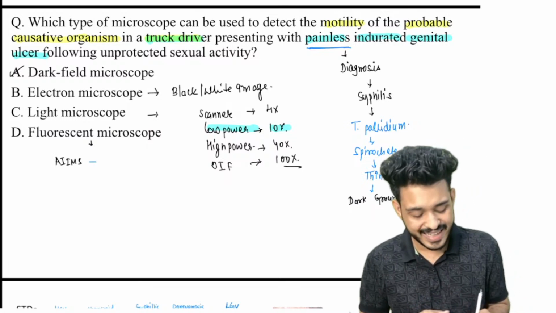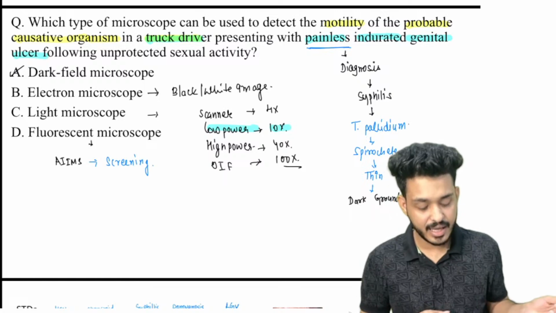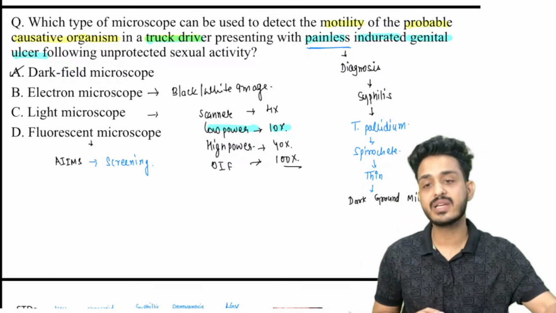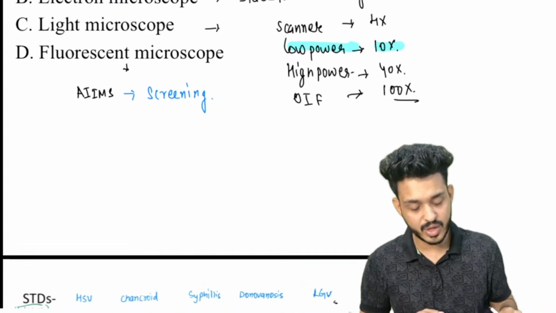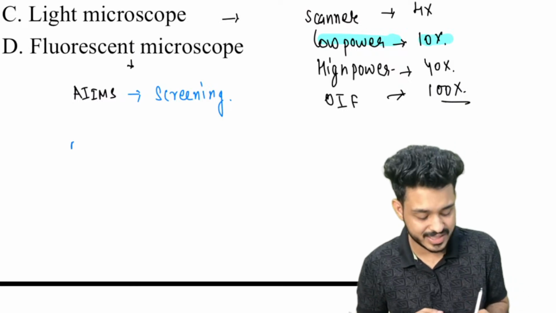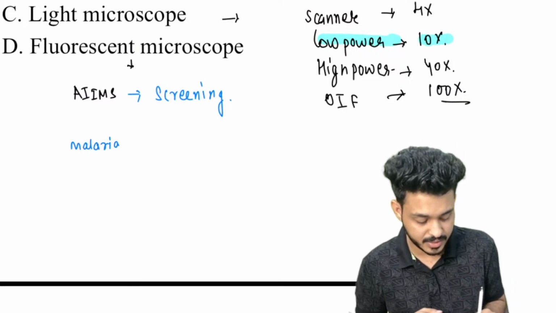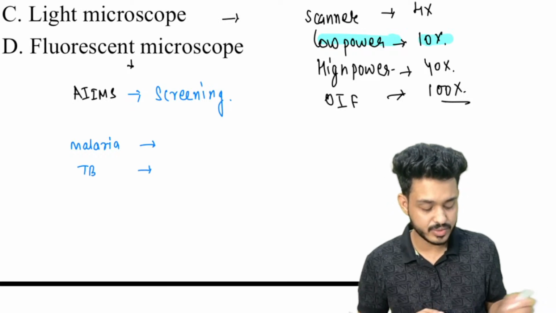Okay, so in that case what we are doing is screening testing, and for the dyes we can use a fluorescent microscope. In the fluorescent microscope, look here, what are the things that we are using. For example, you want to diagnose malaria, what is the dye that you will be using? Try to answer. For malaria, for TB, what is the dye that you will be using? And for fungus,